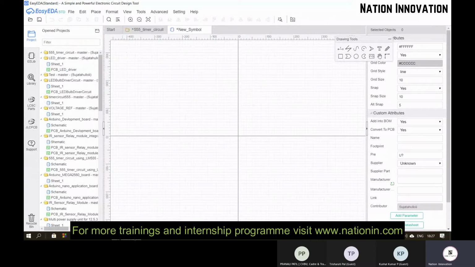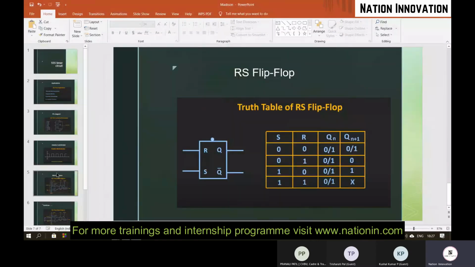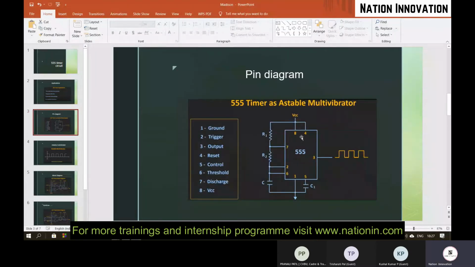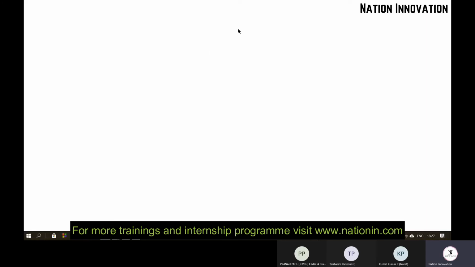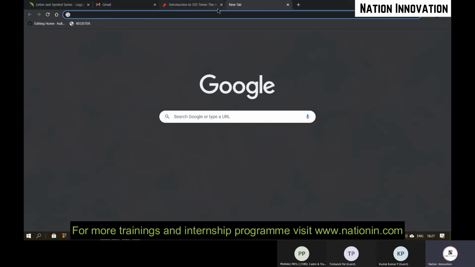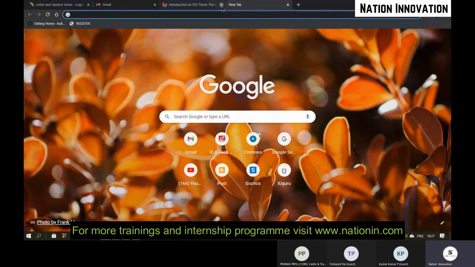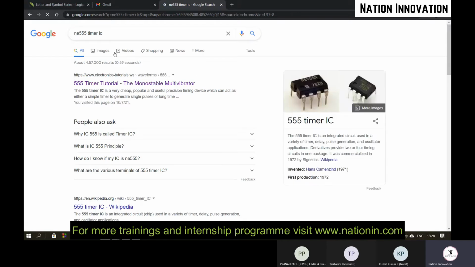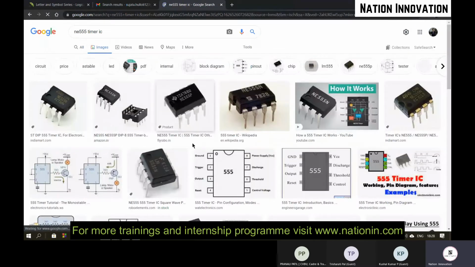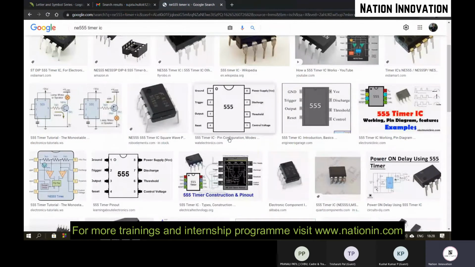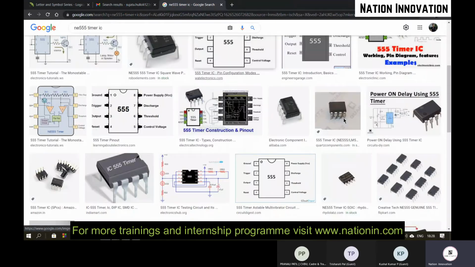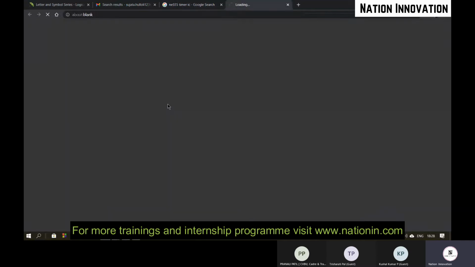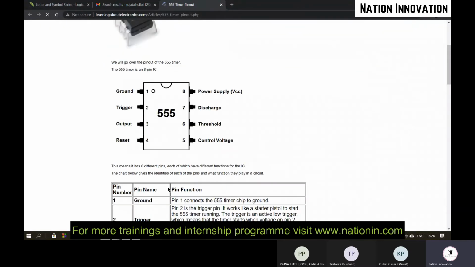As you have seen, it has 8 pins. For better design, let us go to okay.